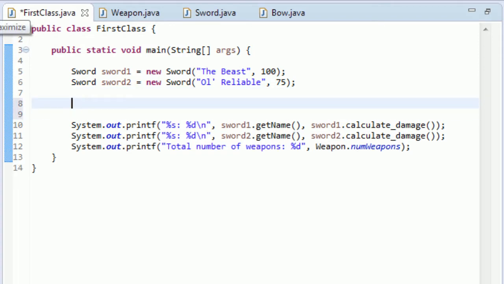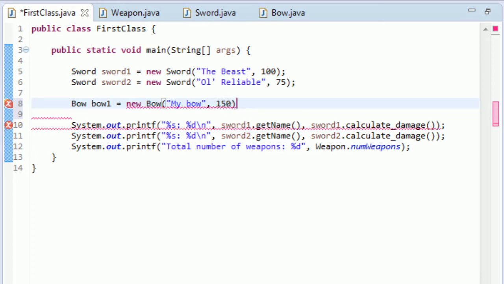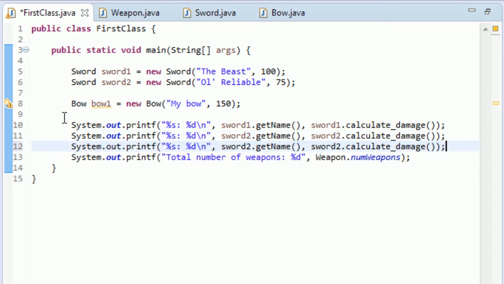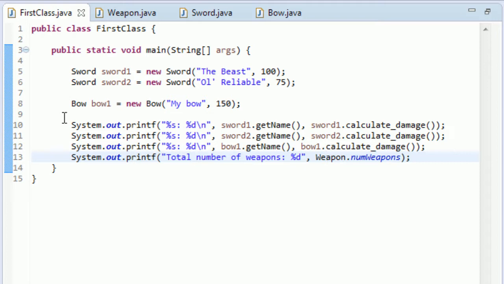So now we can just do the same thing. Bow1 is equal to new Bow. We'll just name it myBow, and it'll have a max damage. It's a really strong one, 150, and we'll just check it out real quick. We don't have getName actually, do we? Oh, I think we do. Yep. And getName is in Weapon, so that's still inherited back down to Bow. And if we run this,